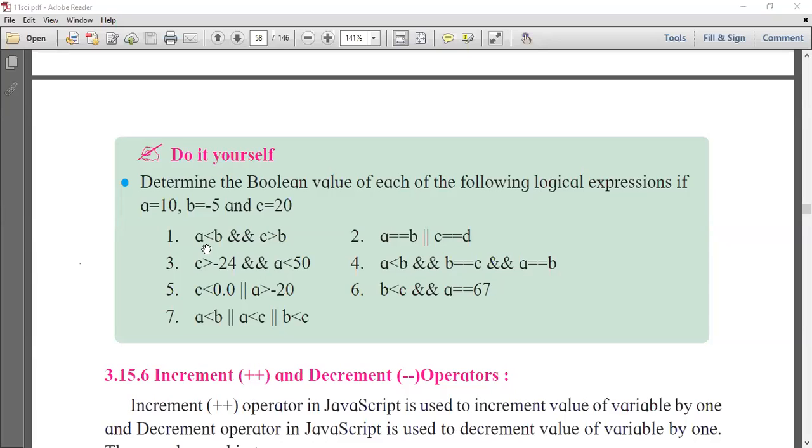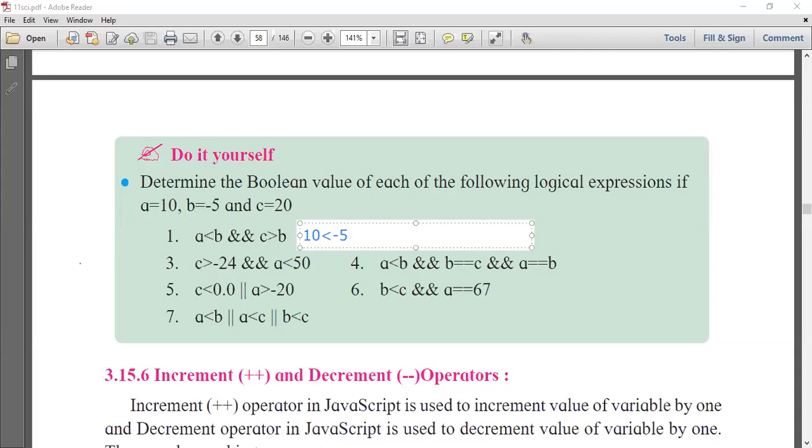Now we'll check how it is true. Okay, see, when we substitute the values of A, B, and C, we'll see what happens. Here the text box is enabled. Now see, A less than B: A means 10, less than B means minus 5.